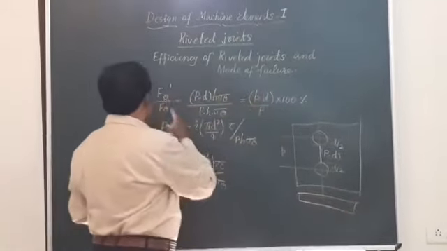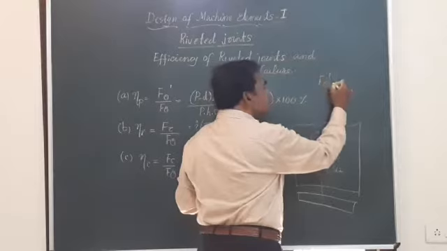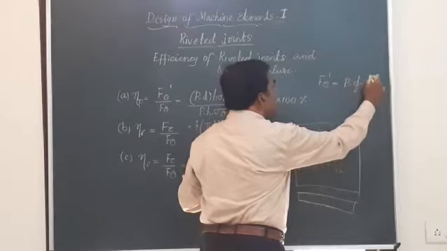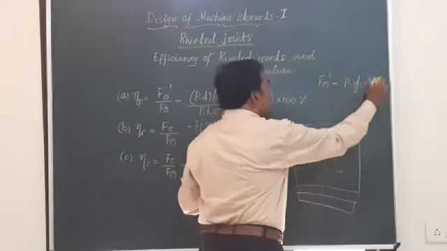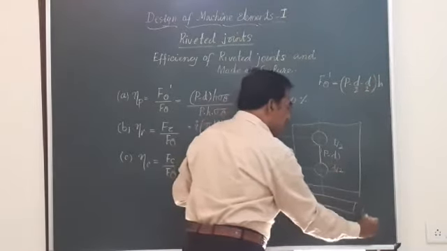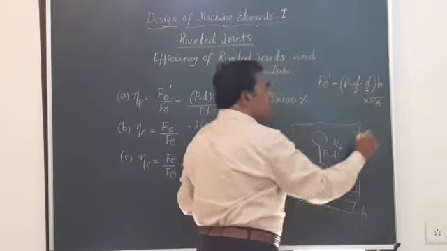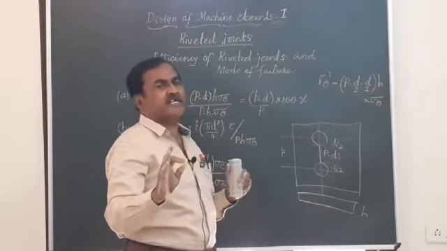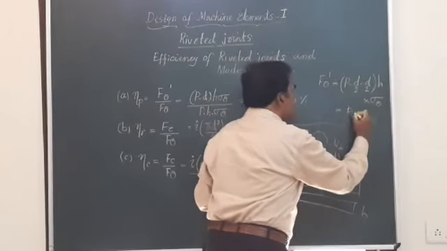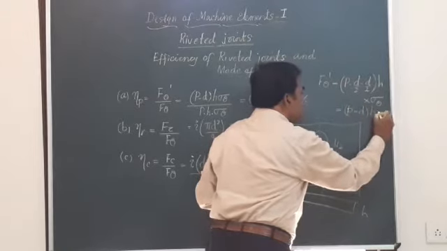So, here the strength of the perforated plate F theta dash is equal to, listen with interest, P minus d by 2 minus d by 2, this gap, multiplied by H, which is the area of cross section, where H is the thickness of the plate, and if you multiply this with the tensile strength, that is sigma theta, in some of the books and data handbook denoted as sigma t, it is one and the same. So, this will give you F theta dash, which is P minus D multiplied by H multiplied by sigma theta.